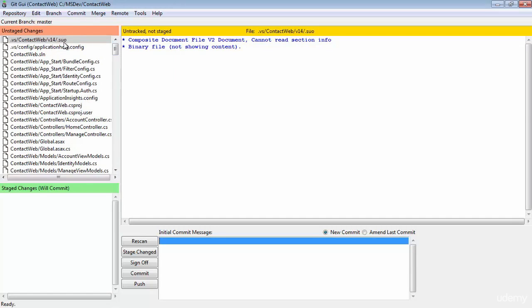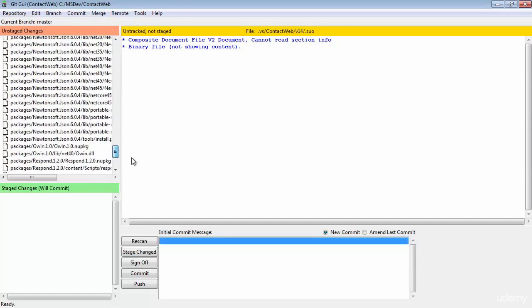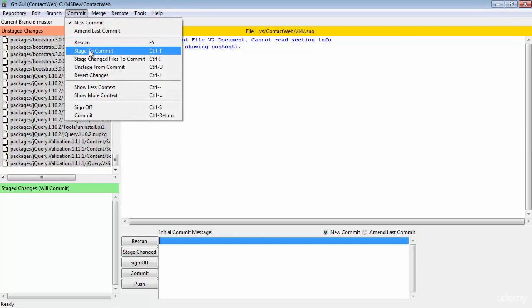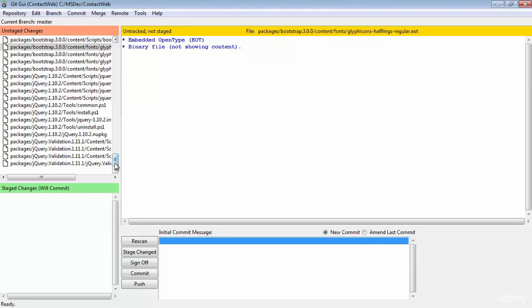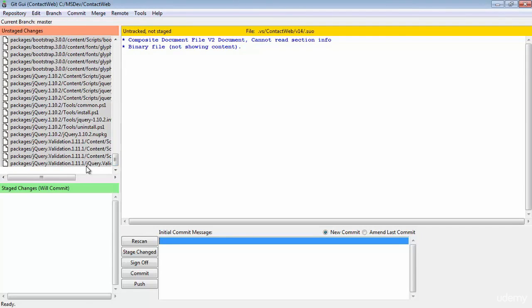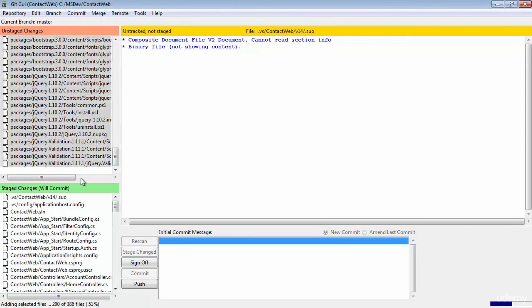So what I'm going to do is select the top level file, and I'm going to scroll all the way to the bottom, and I'm going to hold down Shift and click it once, and that will select all files. So what I can do is go up to the menu and select Commit and Stage to Commit, or I can just hit Control T to do it all. So again, I'm just going to select everything starting at the top. I'm going to hold down Shift, select everything. I'm going to hit Control T. That's going to stage everything down here to the bottom. You see it's doing that right now,